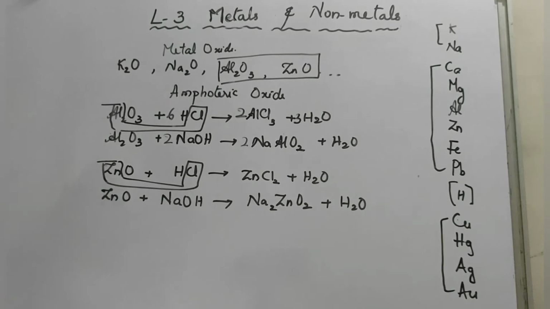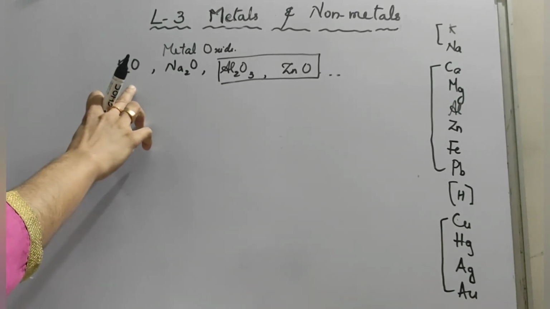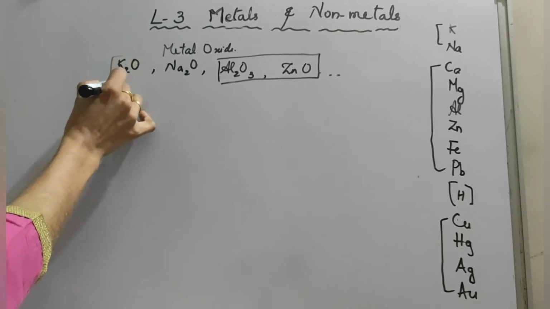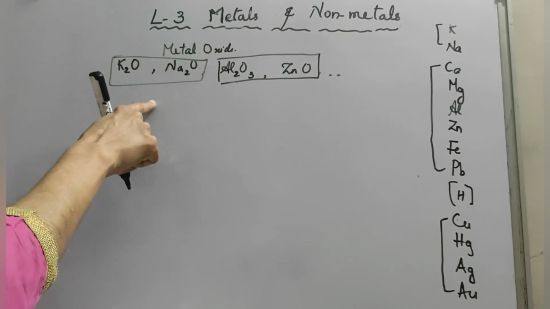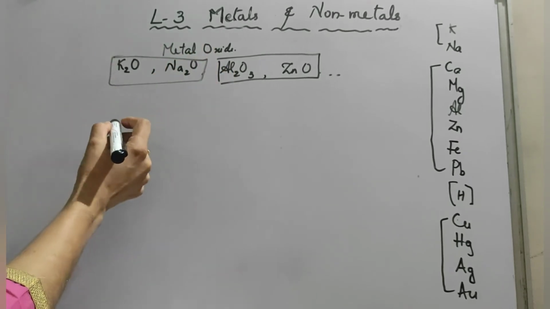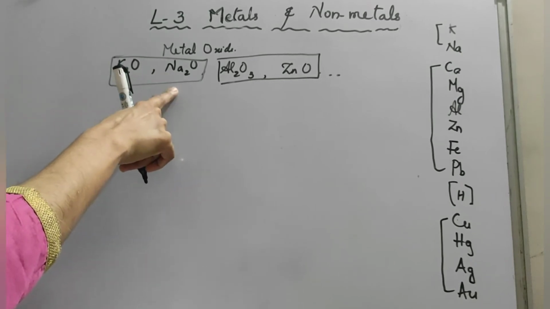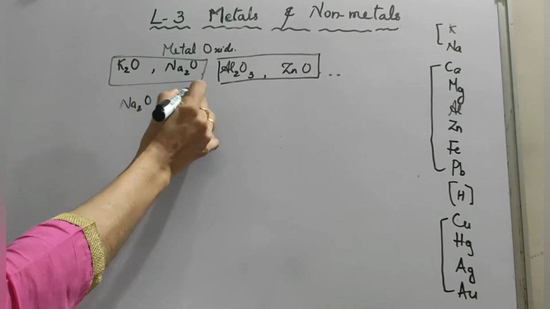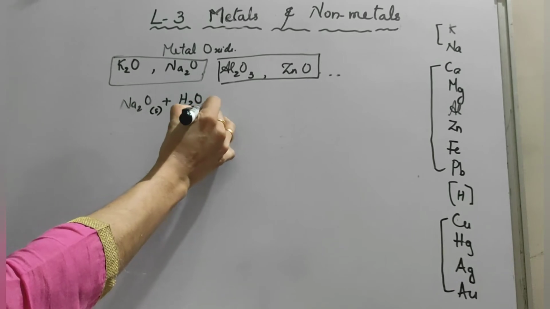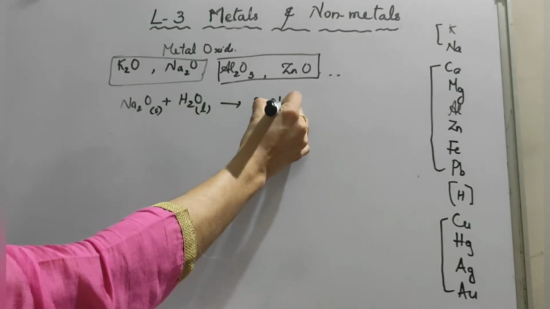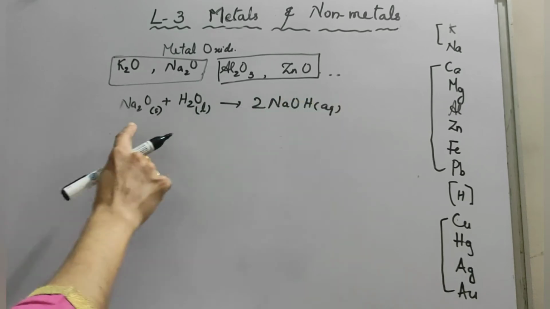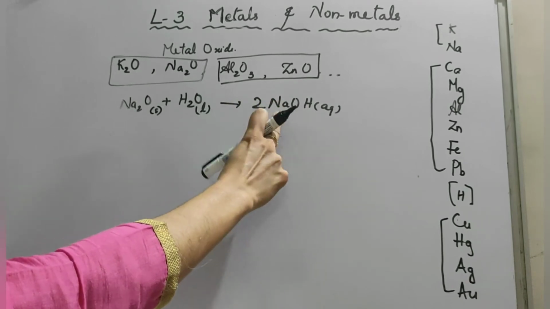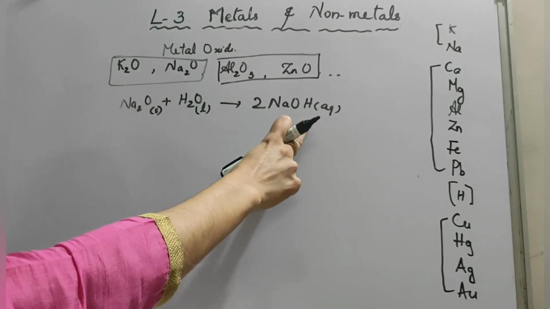Next topic. Most of the metal oxides are insoluble in water, but sodium oxide and potassium oxide dissolve in water to produce alkalis. That means sodium oxide and potassium oxide are from highly reactive metals, and sodium oxide reacts with water. Sodium oxide is in solid form, water is liquid form. They form the base, alkali NaOH, in aqueous state. I already balanced it here. Solid dissolved in water we know is an aqueous state, so we get alkali. A base dissolved in water is known as an alkali.